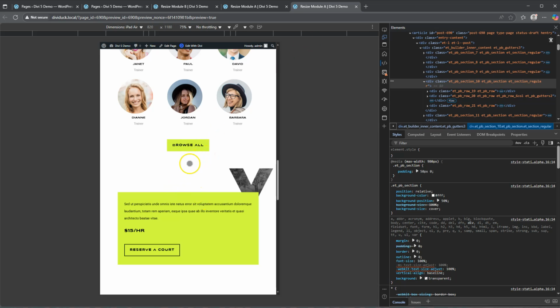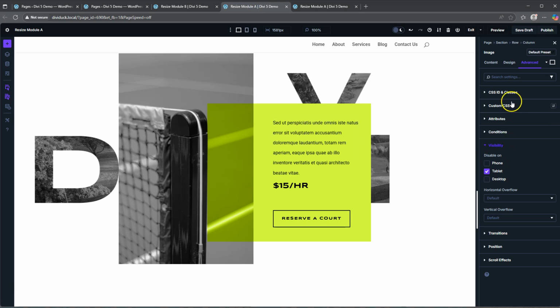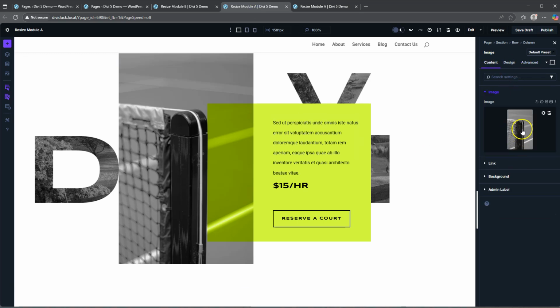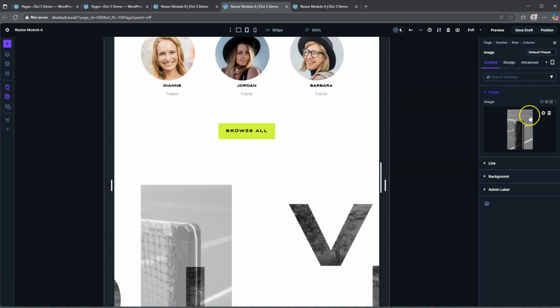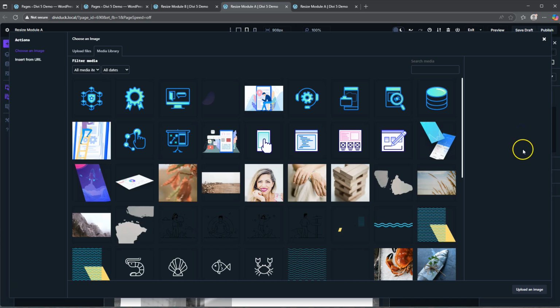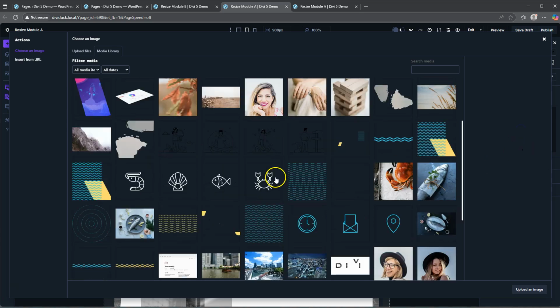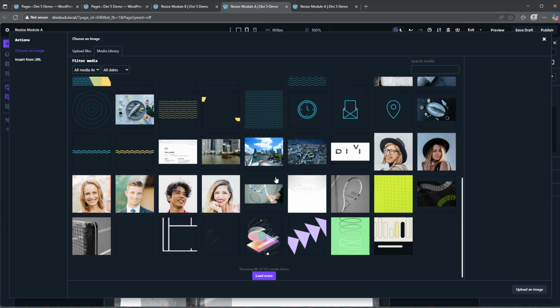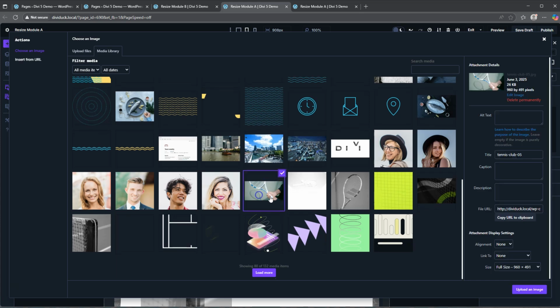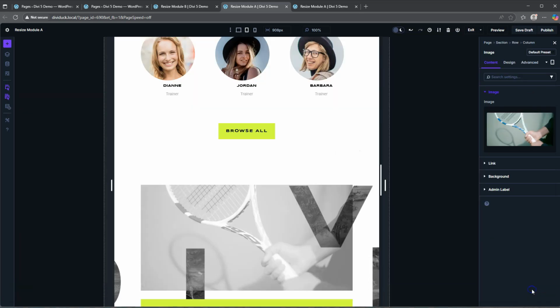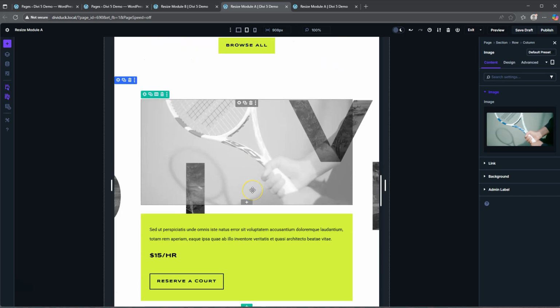So how can we add in another image is also similar to it. We go to content, and you can see again, if I change this to tablet, I can then go in and I can change this image. So let's say this image, I now want to display, I've got so many images here. Let's say this image here. I'm not sure how big that is, but it looks like it might work. Okay, upload the image. There we go. All right. So if I save this now,